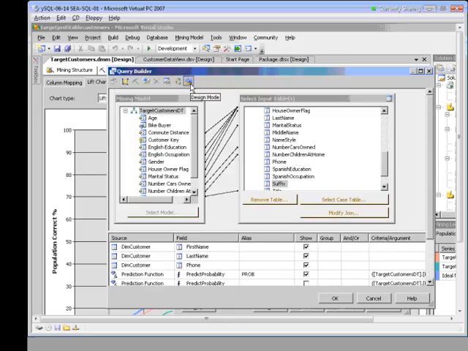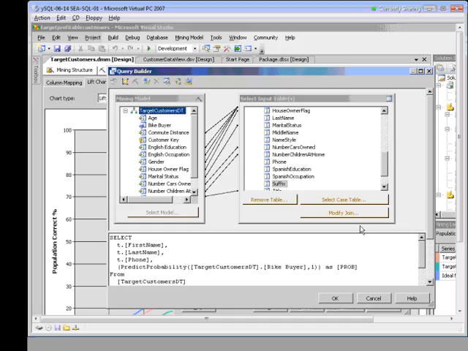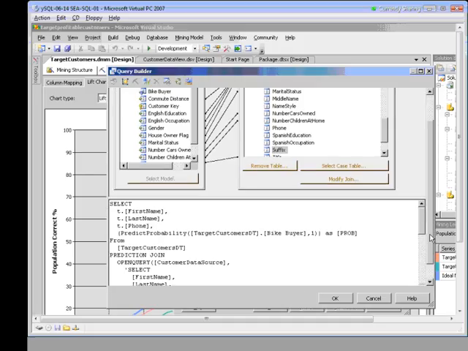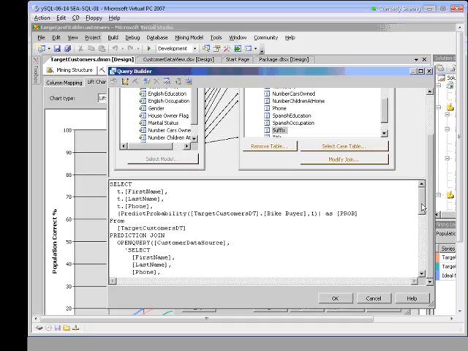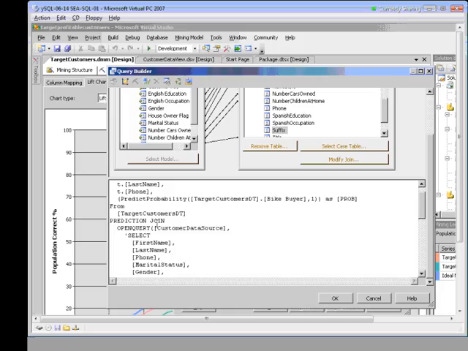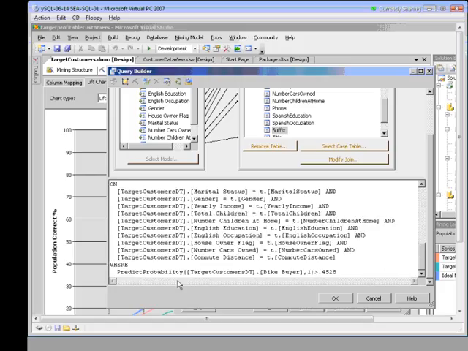So I can go up here to this icon and click in design mode. Now we can look at the query that it just created. Okay, so notice what it just did here. Scroll down a little bit so you can see it. It does a select from, and this is doing a prediction join. It's a special type of clause that joins models with the input data, which is coming in from open query. It then displays the prediction results based upon the joins. Also, there's a where clause. Okay, so if I scroll down a little bit here, we'll be able to see that where clause, where prediction probability is greater than 0.4528.